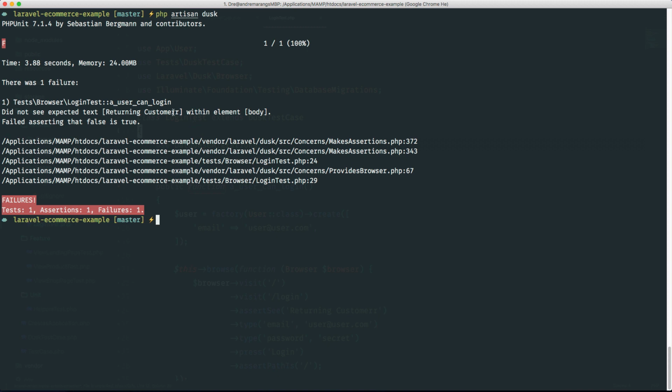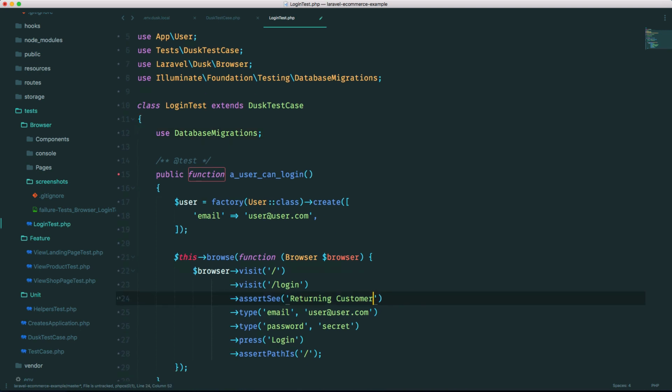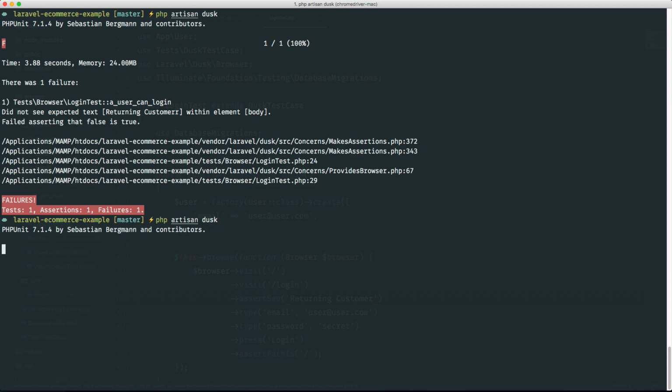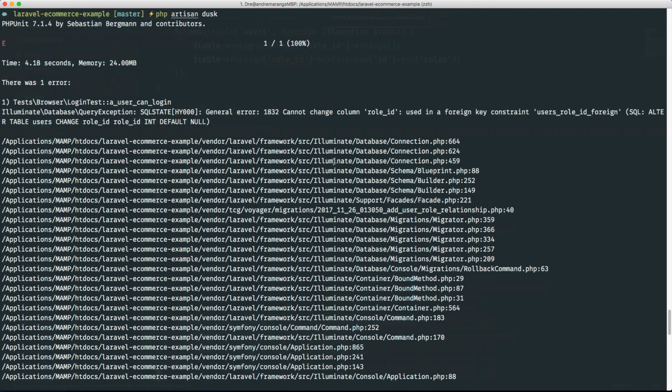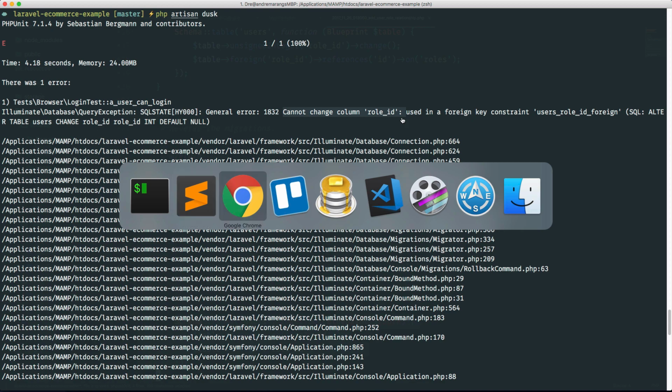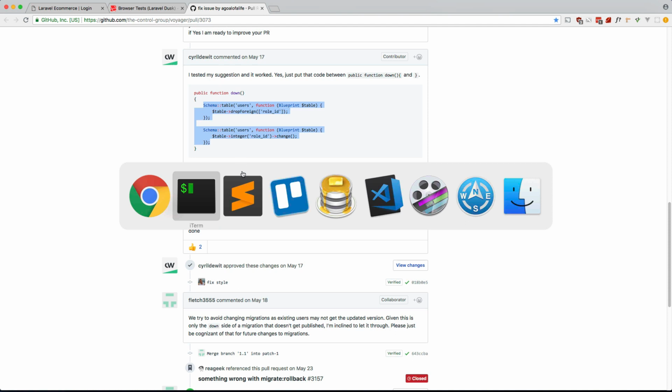Okay, so this is what's expected because I changed that text. Let's see if it rolls back. So if I run it again, now it should pass. And it doesn't. What is the error? Okay, so I'm getting this error. Seems to be some sort of database migration error. And it is. It actually relates to Voyager. And there's actually an issue for it. It's been fixed, but it's not been released yet. So unfortunately, we have to change code in the vendor directory, which is not ideal,